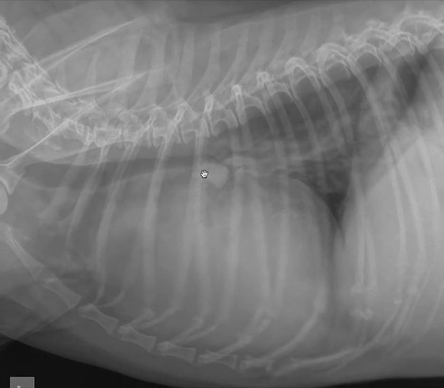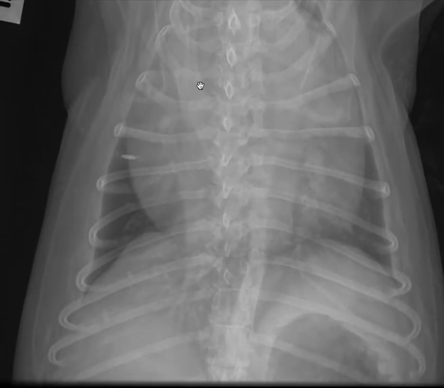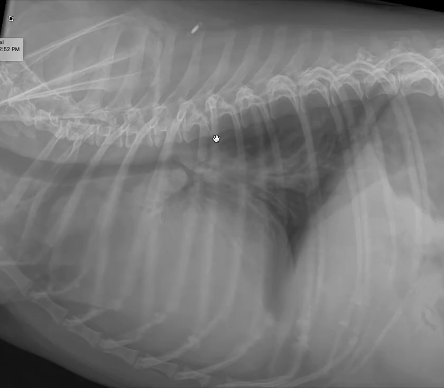Regarding this patient's coughing, that's a whole other layer to this complicated case. You can see that at the heart base, as a result of this enlargement, there is some compression of the mainstem bronchi. That could certainly be a cause of cough, as we often note in our patients with left atrial enlargement. Another aspect of this case is that there's just a whiff of an interstitial pattern. I think it's worse in the left caudal lung lobe, but on the lateral views, you can see it maybe more convincingly, that there's a generalized increased opacity in the caudodorsal lung field.